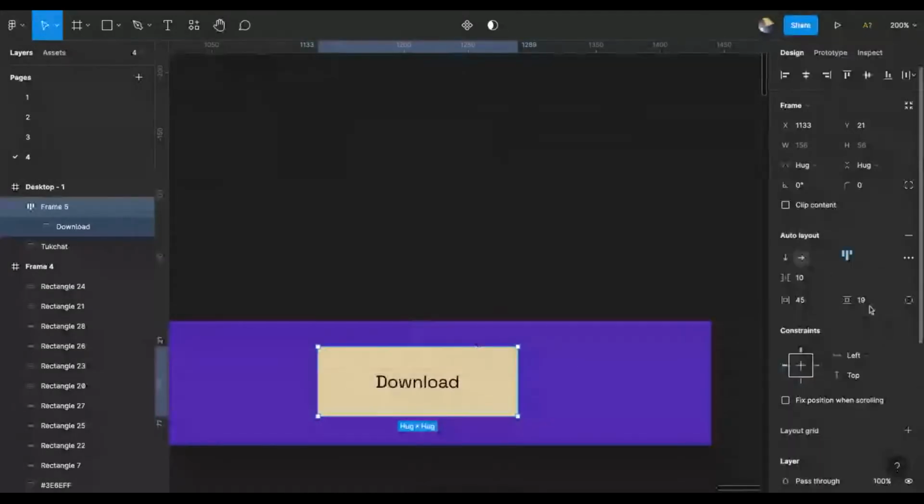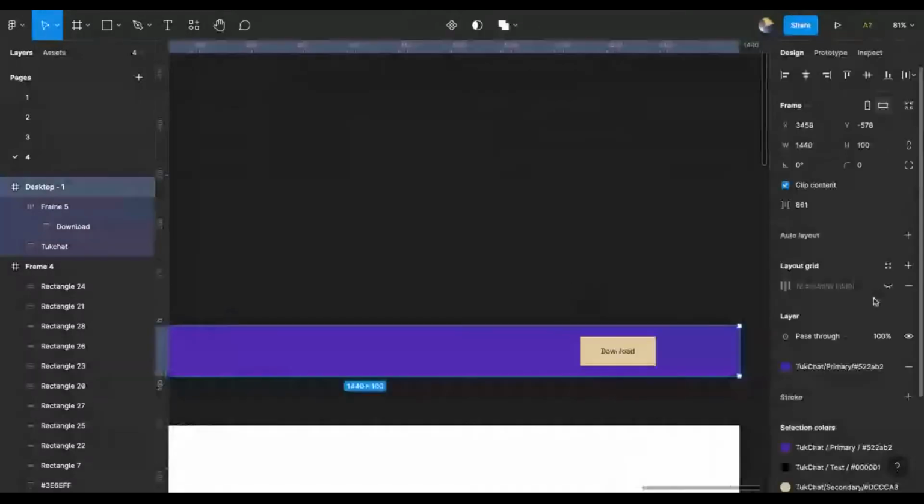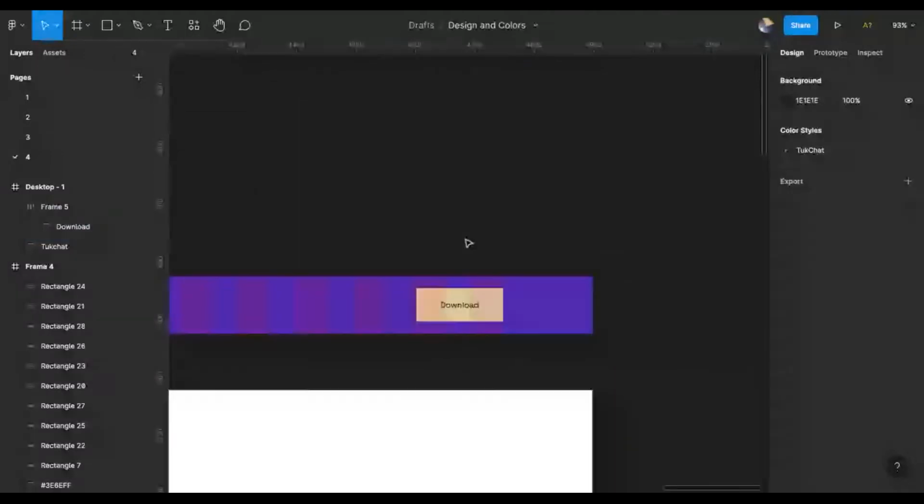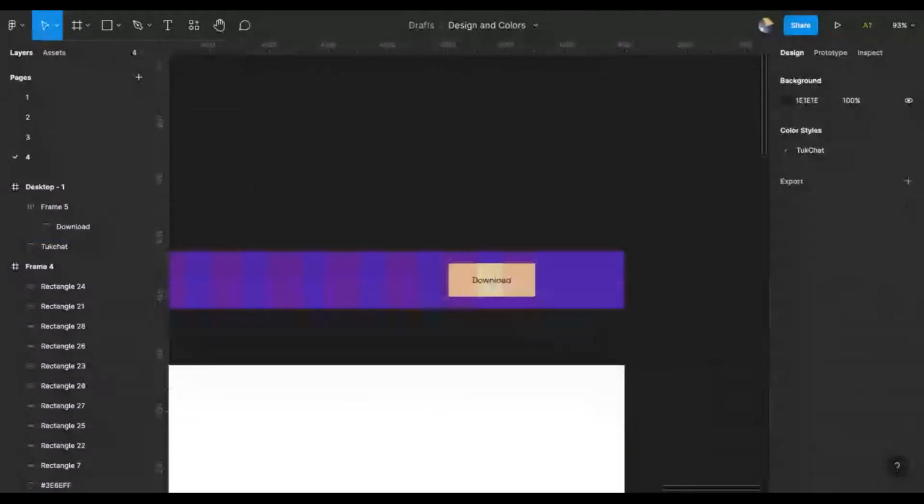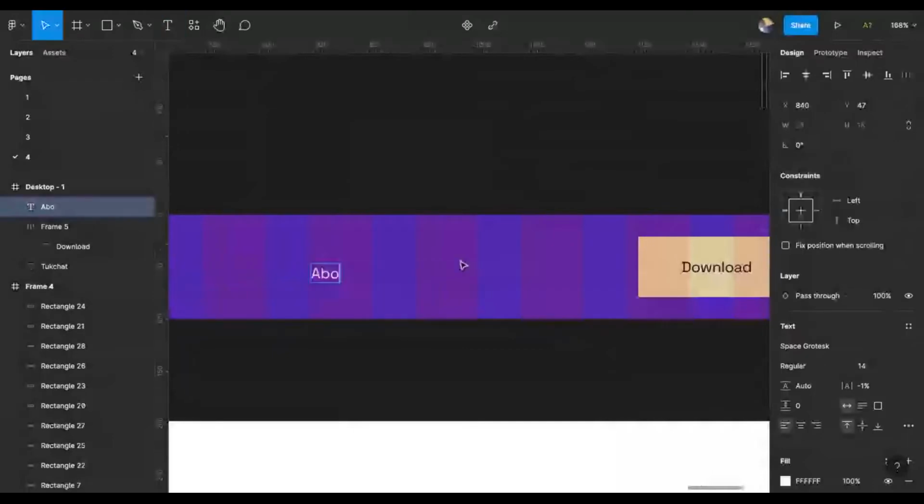Margin is going to be 20. While this, I'm going to set this to 40. And there you go, ladies and gentlemen. Bring back my layout grid and align this to the edge. Voila, make sure it's well centered. Then I would add some text too, so about